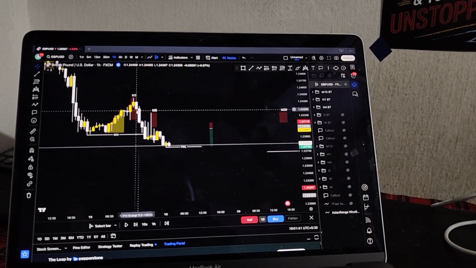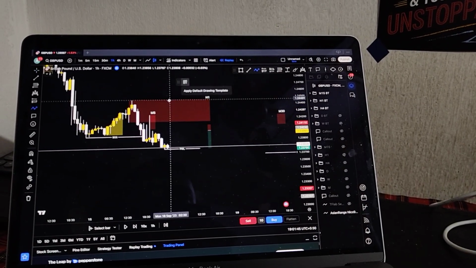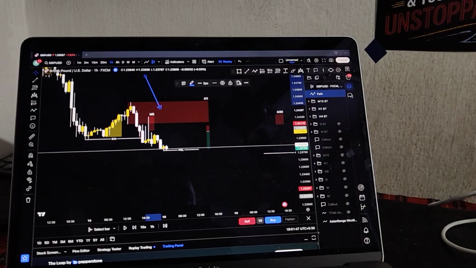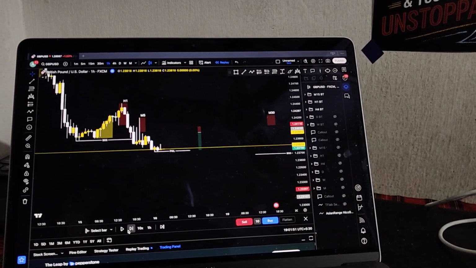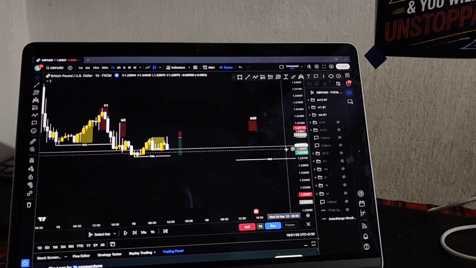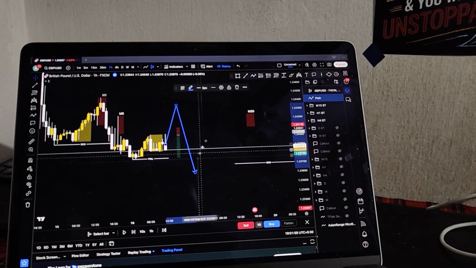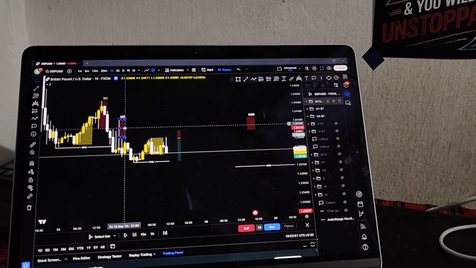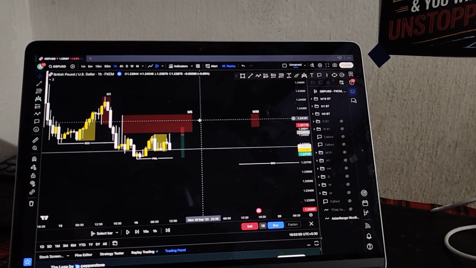Yeah, so on Monday I was looking for sells from this supply zone here on the H1, but according to how the Asian range closes, I will adapt, obviously. So the Asian range closed something like this. Look, does it make sense to go all the way up here and come down? No, right? So what I did, I marked the M5 supply zone right here and the M15 supply zone, sorry, but